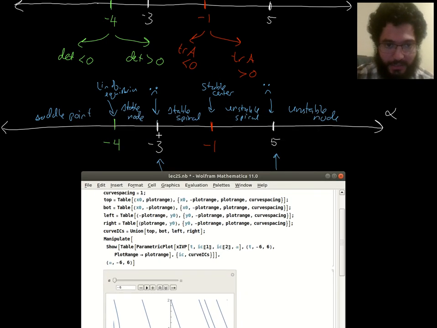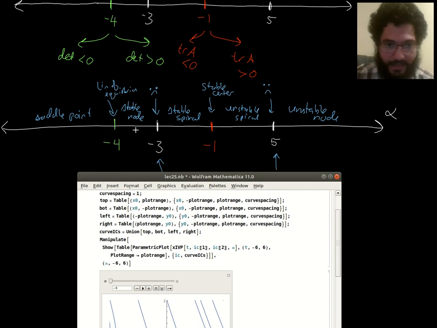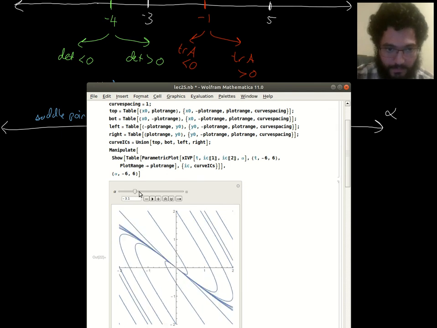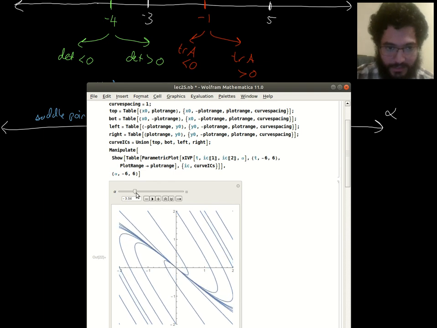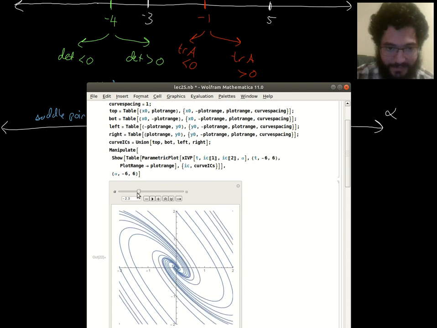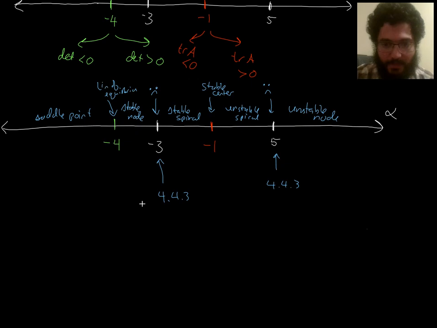So let's look at that transition again across -3. Where to the left we had stable node, and then to the right we have stable spiral. These are called degenerate nodes, by the way. So see this transition? Stable node, and then it becomes a stable spiral. So what is really going on at -3? Well,